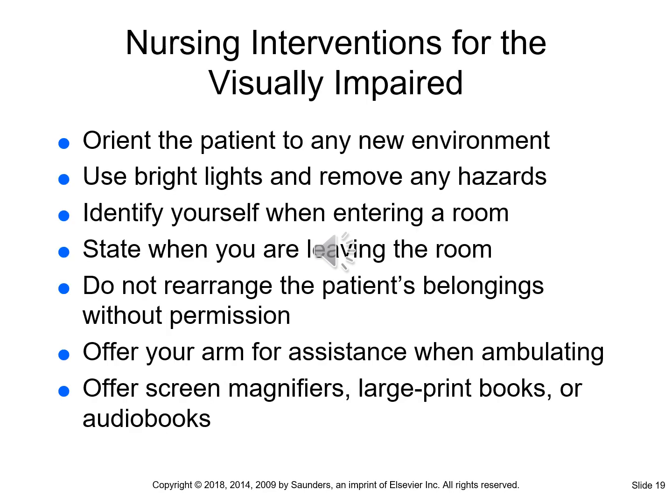Okay, so nursing interventions when you're caring for elderly patients that are visually impaired. You want to make sure you orient the patient to any new environments that they may be entering, so that they know where things are and they can maneuver around the environment easily. Use bright lights, remove any clutter or hazards that may be in the way so that they don't trip and fall over them. You want to identify yourself when you enter the room as well as when you exit